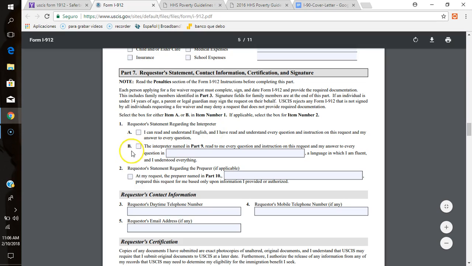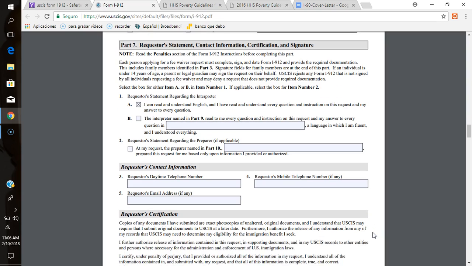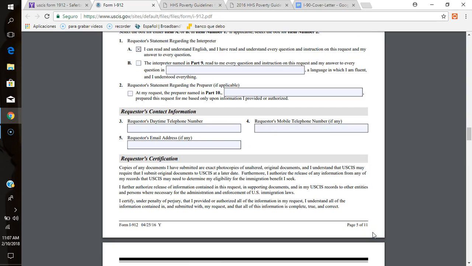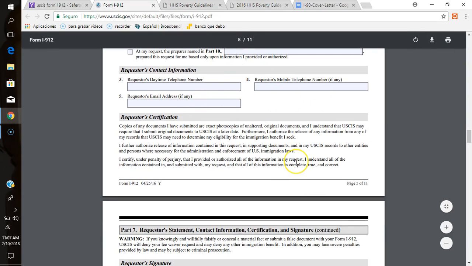and I'm going to mark number A because nobody helped me fill out this form. I did it myself. I read and answered every question myself. I keep it right there. All the rest is blank. All this is blank, blank, blank, blank. Only here,